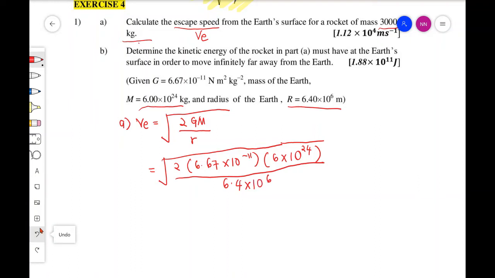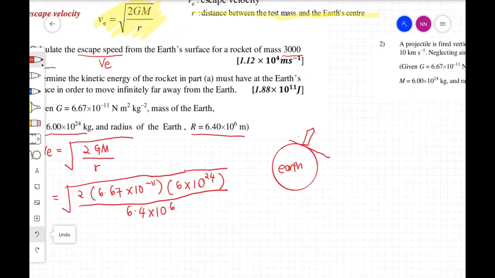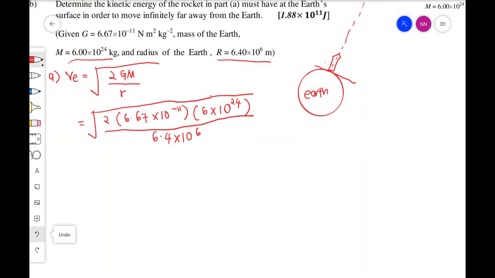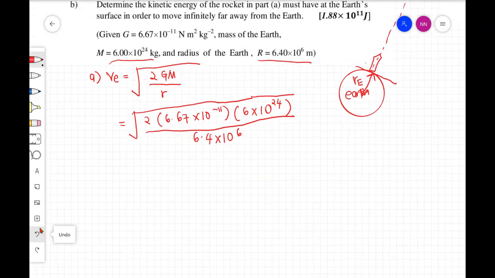So ni adalah Earth. Alright. So roket ni ada dekat Earth surface, nak escape completely to the infinity in outer space. So r dia kat sini adalah sampai center of Earth. So r dia adalah radius of Earth. Okay, so kita dapat answer